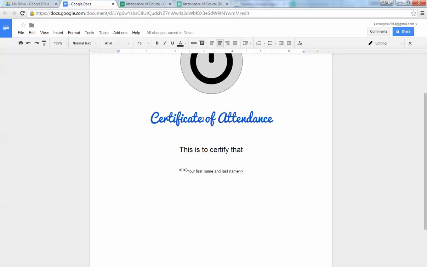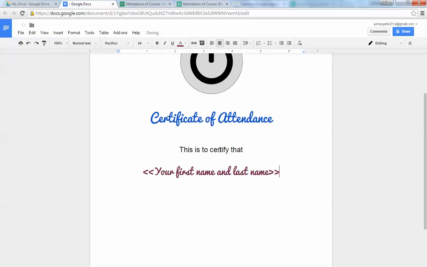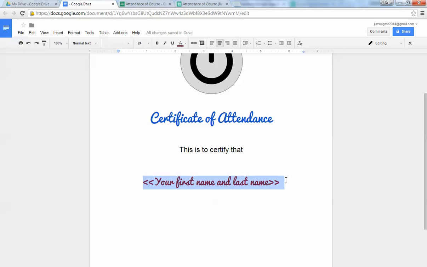And now, a nice little feature of Google Docs is I can go and click on this one, and using this little paint roller there, paint format, click on it and select that part, and it will format it exactly the same. But let's say we want to have it a bit smaller, and we want to have it this color. Okay, so it's going to say certificate of attendance. This is to certify that, and then it's going to place that guy's name here, and then we can go on and say has attended